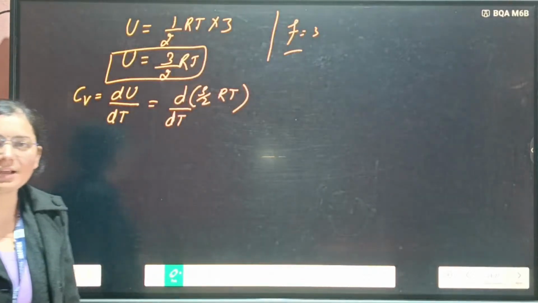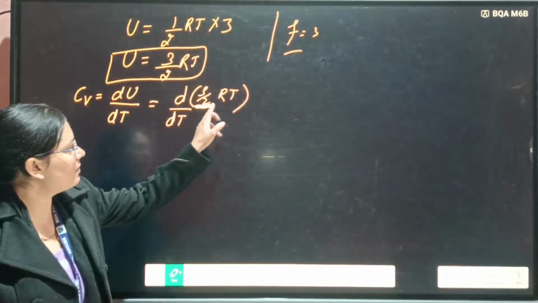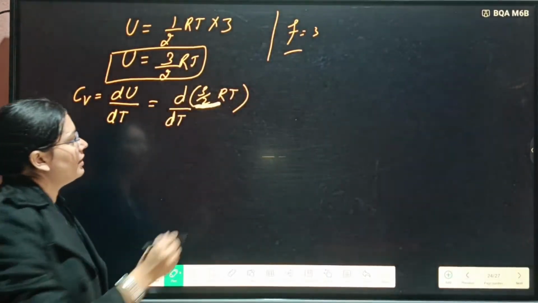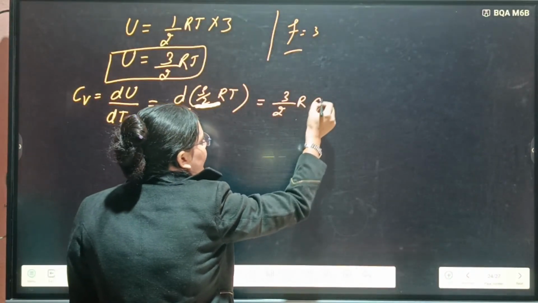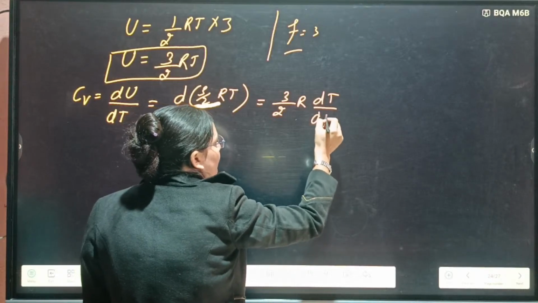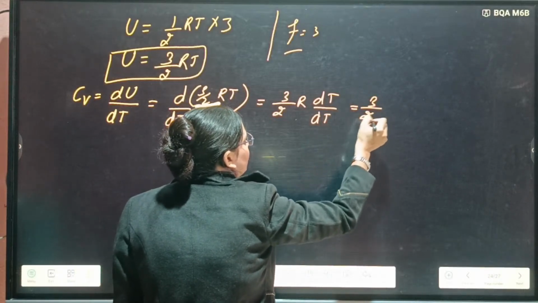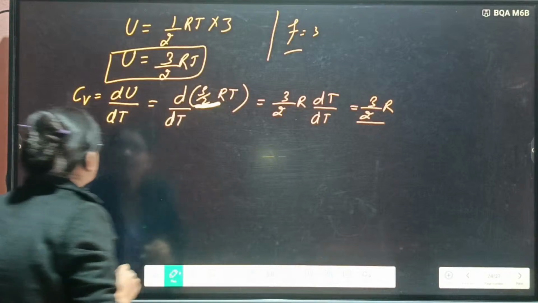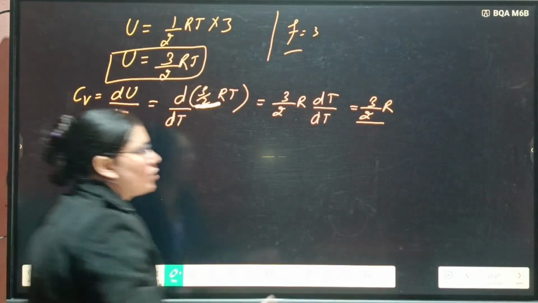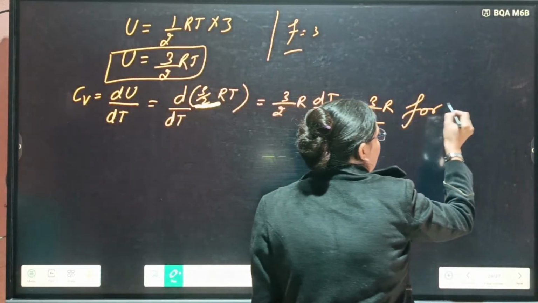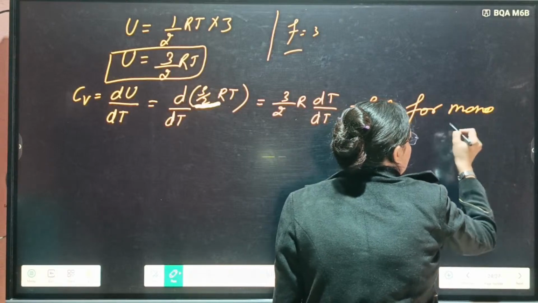Differentiation with respect to temperature, then this one factor will remain constant, take it outside from here, then here is left 3/2 R, then here dT by dT. So here we can write 3/2 R. तो ये क्या आ गया हमारे पास? Cv आ गया, specific heat for the constant volume, 3/2 R. और किसके लिए ये? फॉर मोनोएटॉमिक गैस के लिए,